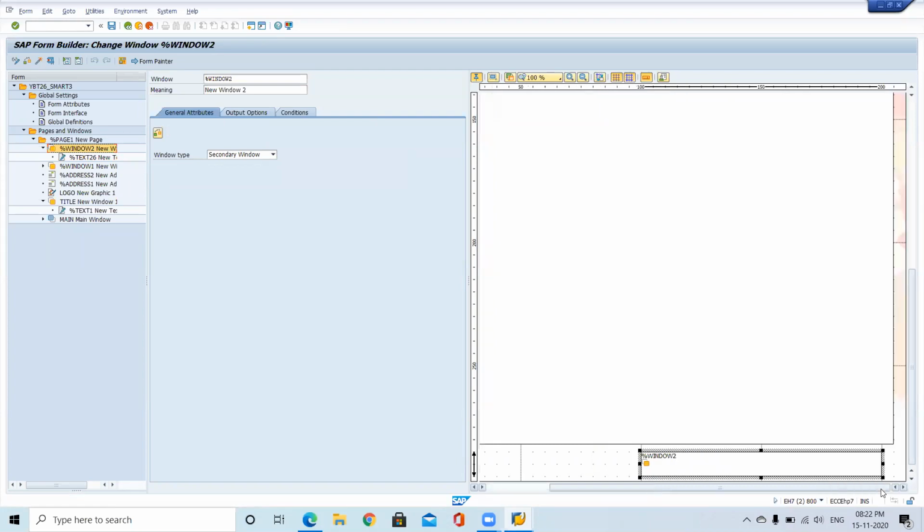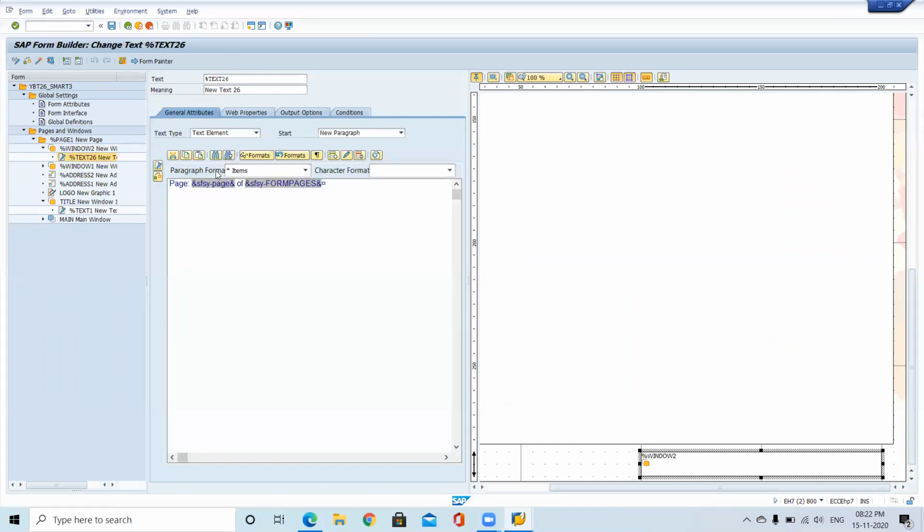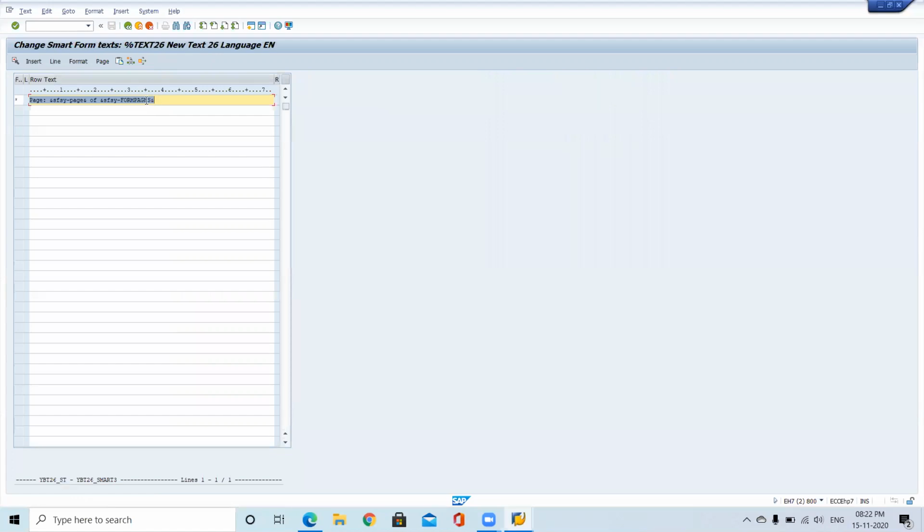But here, if you see, we have a lot of space, but it is not printing properly. In that case, go directly to form pages. We are facing a problem with the total number of pages. Why is it not able to print? It is starting from the right aligned, so somehow it is creating a problem. Extra spaces are there. So what you want to do is condense, removing additional spaces.